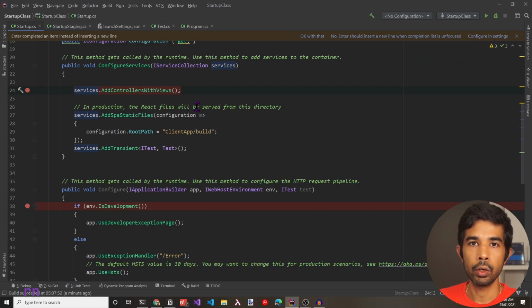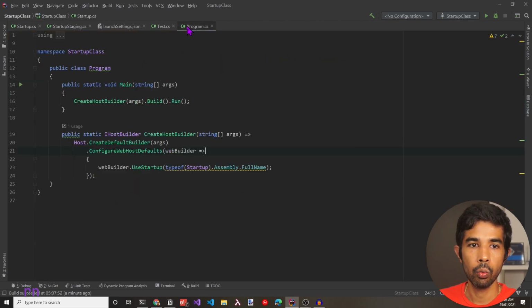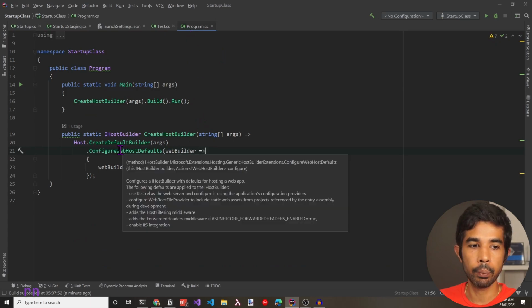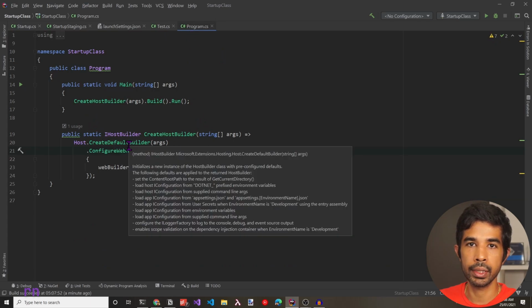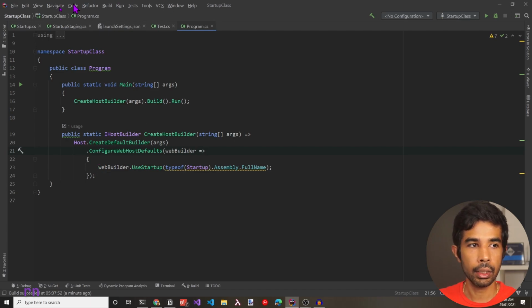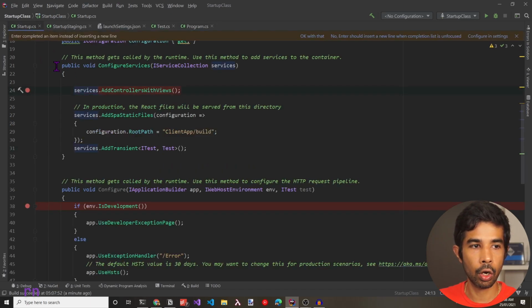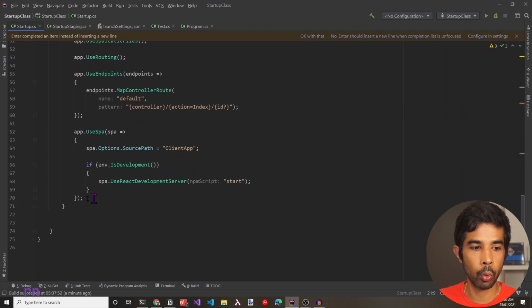Earlier, when we started, we did mention that the startup class is just by convention. So we can have the application even without a startup class. So doing that would mean we'll need to specify the startup procedure inside the program.cs itself. To show that in action, let's copy these 2 methods, configure services and configure, from the startup.cs into the program.cs.